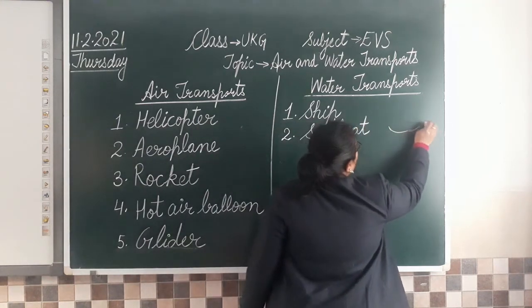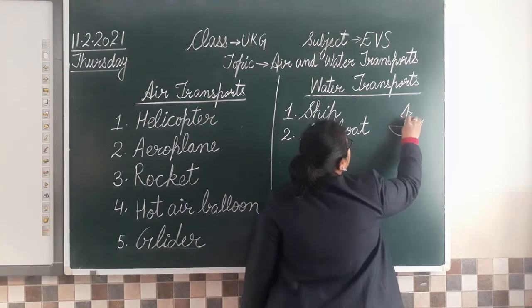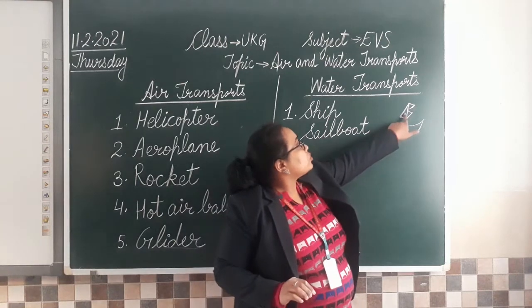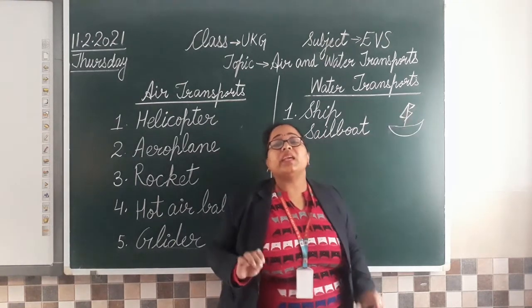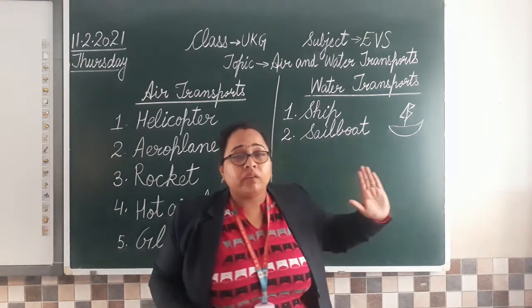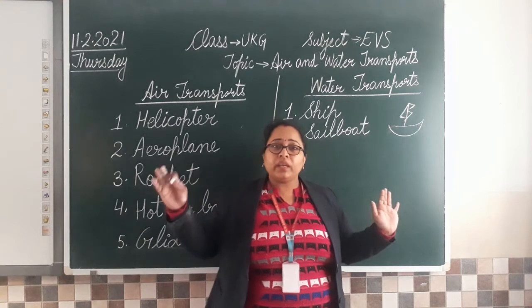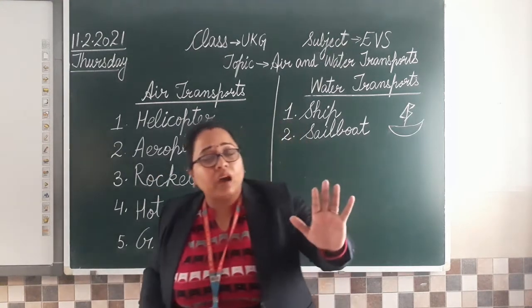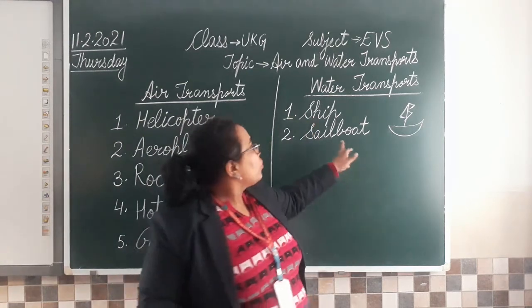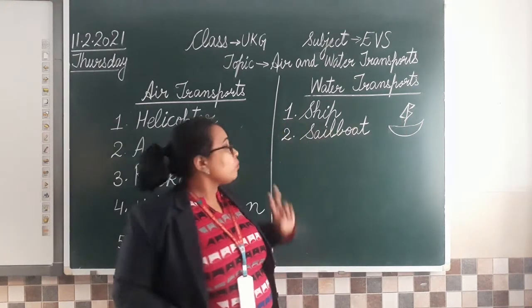What is a sailboat? See here. If you have ever seen, a boat looks like this. One which is having some cloth tied like this. This part, the cloth in a triangle shape, is called a sail. It is made of canvas or cloth. And when the air blows very fast, what does it do? See, cloth flies in the wind, so what does it do? A pressure of air builds up on this cloth. Okay, and then that pressure moves the boat. So we use a sail to move the boat. Those are called sailboats.